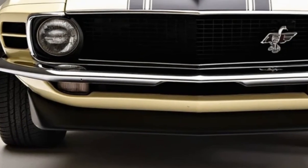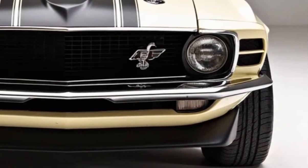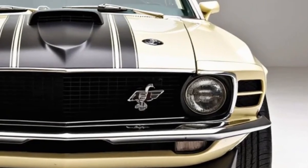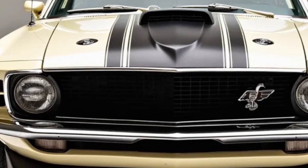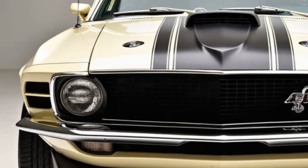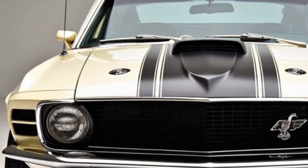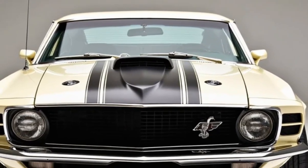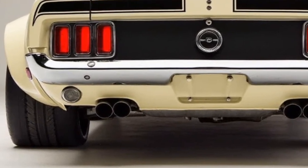Today we're diving into a true icon, a machine built for power, purpose, and pure presence. Say hello to the 1970 Ford Mustang Boss 429. At first glance, it looks like a classic Mustang. But look closer. The bulging hood, the aggressive stance. This car means business. Under the hood sits a monster, 429 cubic inches of raw V8 power, Ford's answer to